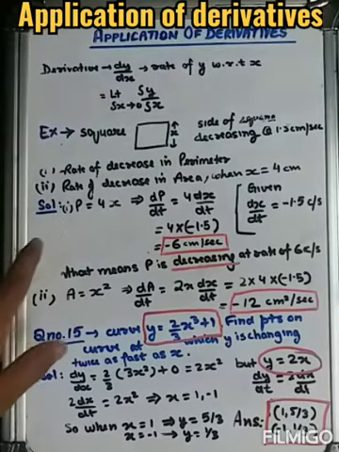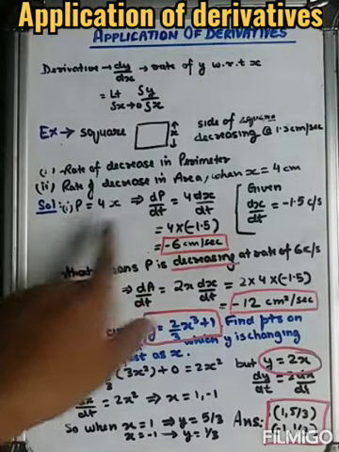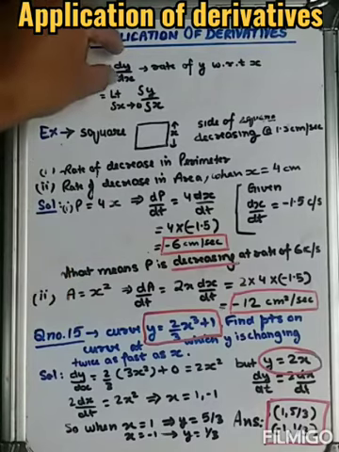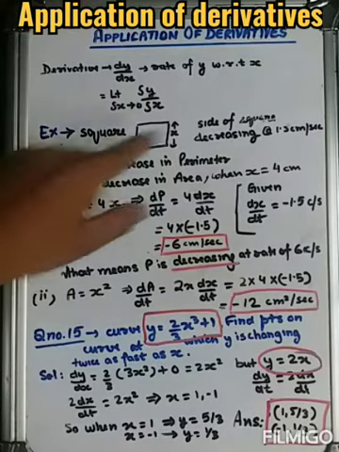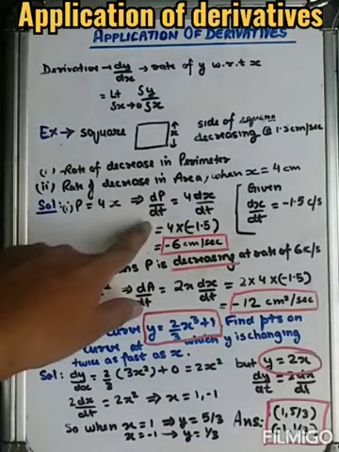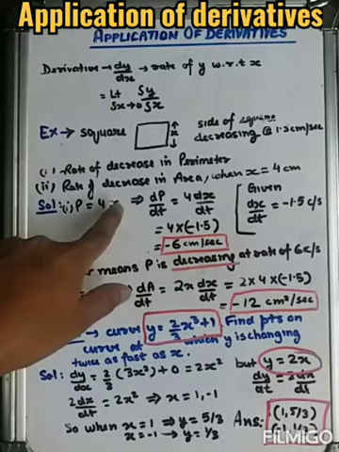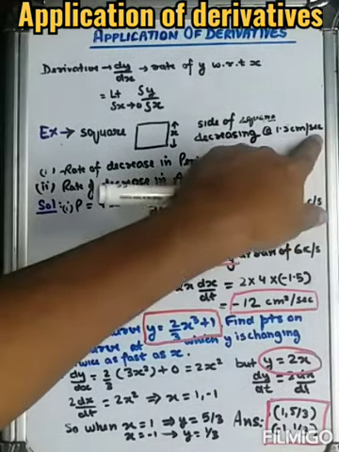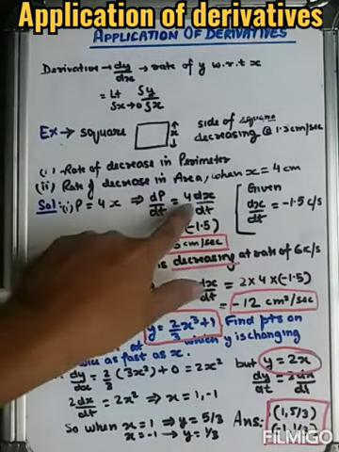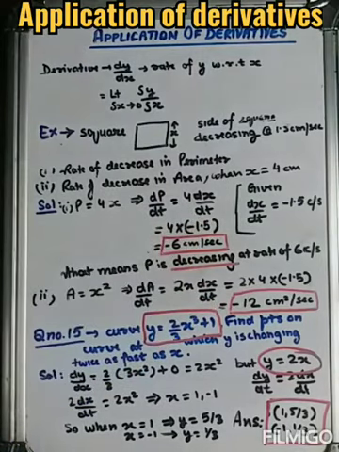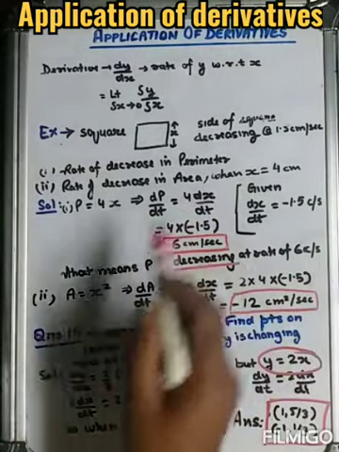So that means the element here will be time. So on differentiating this side, like we differentiate dy by dx, it is dp by dt because time is the element here. So dp by dt will be equal to the derivative of this side also. X is the function here, not the element, because the element is time. So 4 stays 4, and x becomes dx by dt. Now we have to solve this value.